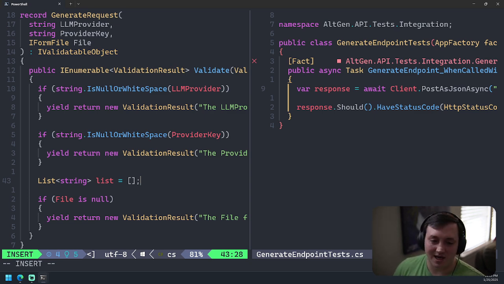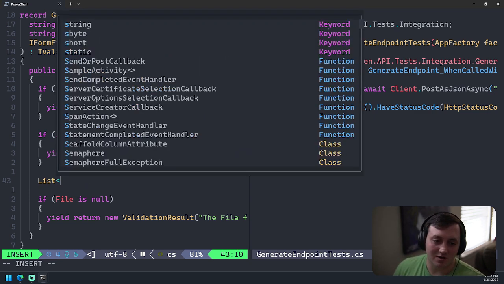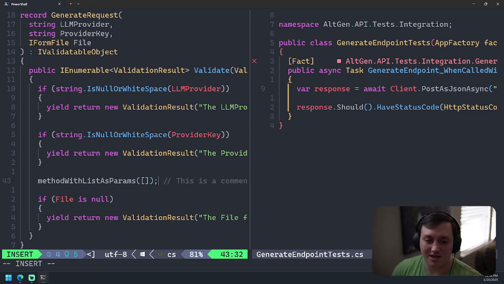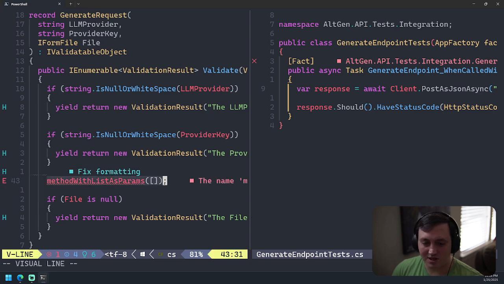It makes for a really nice syntax, because when you're calling a method that accepts a list as a parameter, all you have to do is give it that, which is super convenient, really nice and ergonomic. So let's use that